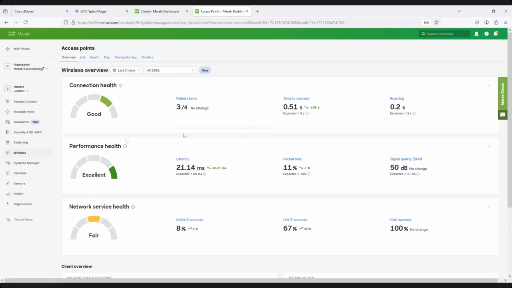Same thing for the performance health. This is more about when a client actually connects to the wireless network, how good is their experience? Are they experiencing latency? Are they experiencing really low signal strength, or are they experiencing good Wi-Fi? You can see these are averaged out